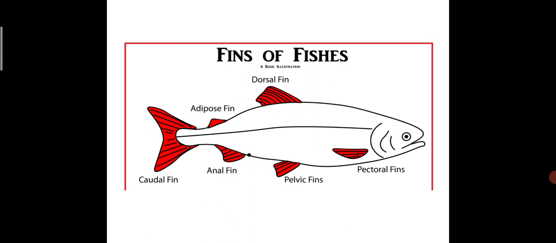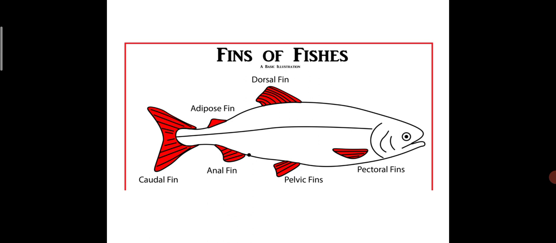The dorsal fin lies along the median line about the middle of the body. It is called the anterior dorsal fin or first dorsal fin, and it is triangular in shape. You can see the modifications of the fins. The caudal fin is seen in the tail region. It is V shaped or arrow shaped.